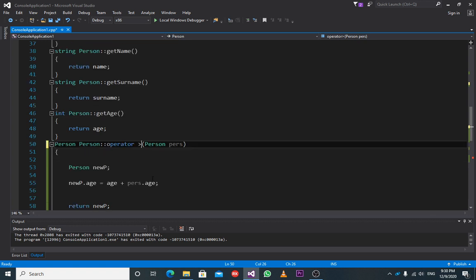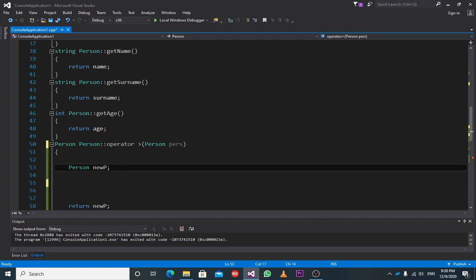What I don't want to add now, I want to do what? I want to check if the object that I have, remember I told you I have to check that the object, if age, because age contains maybe 40 for now. If age is greater than this one, the person that I'm receiving, person dot age,